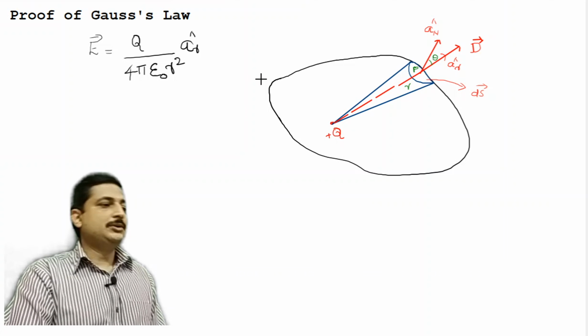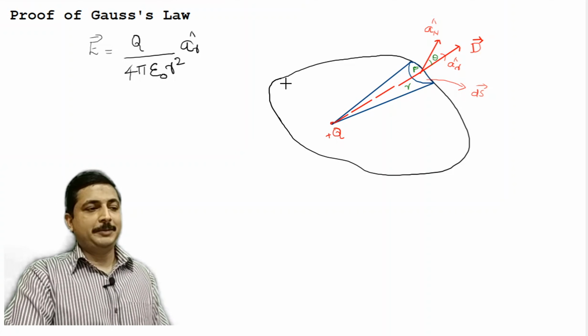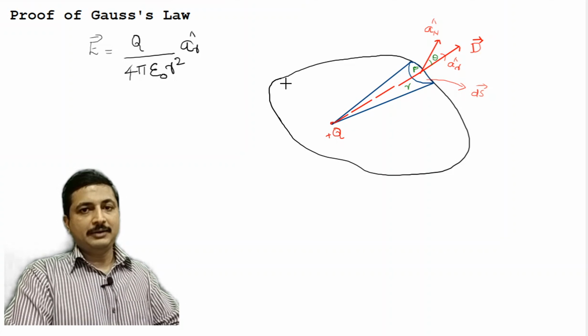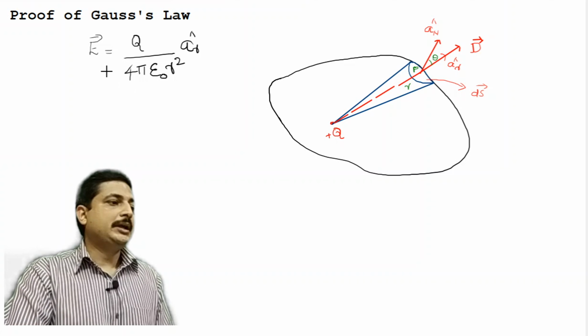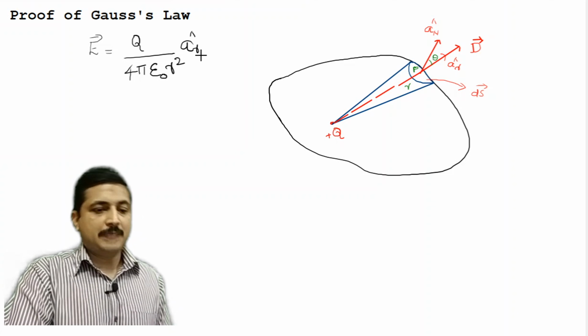Okay, so what I mean is, obviously we are doing it on a plane of paper. Let us consider this entire structure is lying in free air, or vacuum, where epsilon r is 1. Okay, that's the idea. So I get electric field intensity as Q divided by 4 pi epsilon r square A R cap. This expression is very clear.